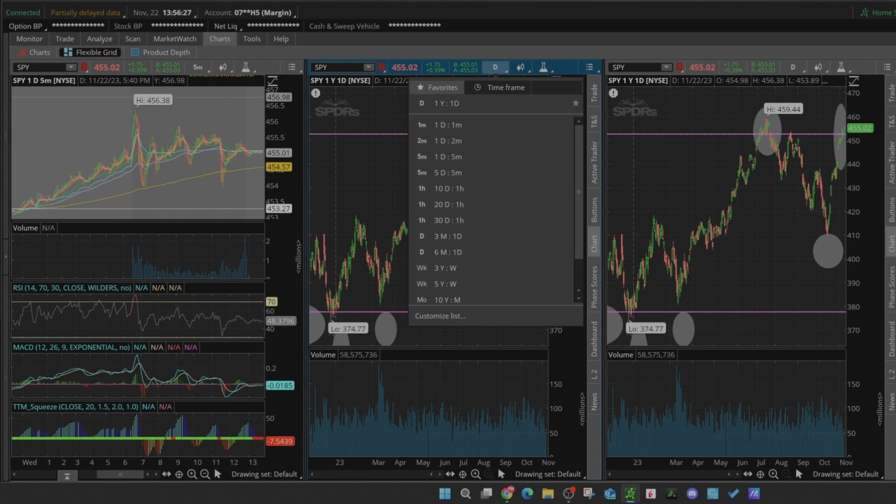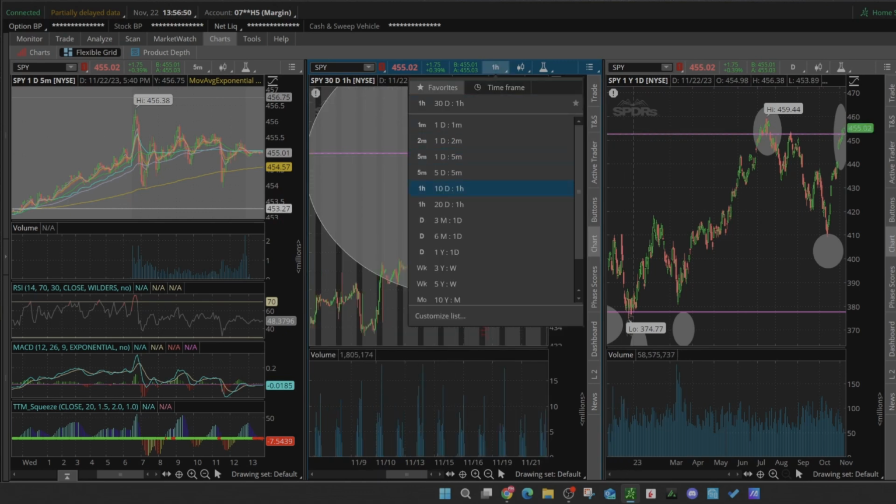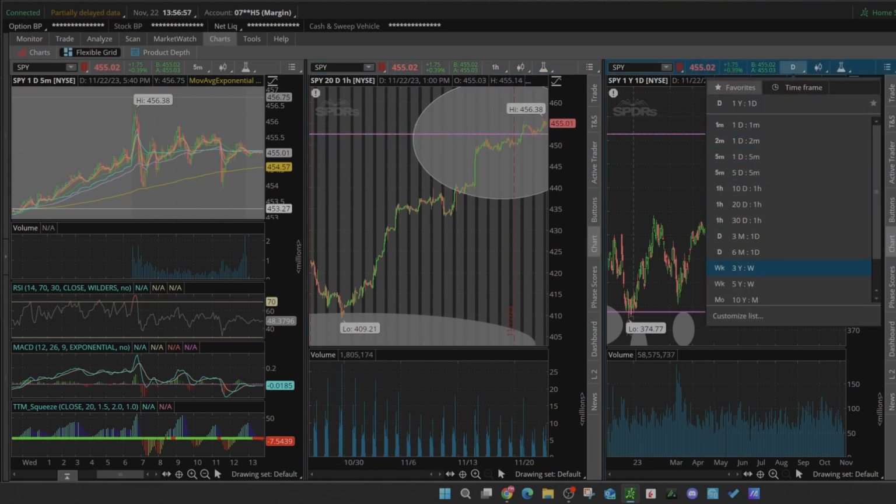My second one, I want to have 20 days, or 30 days, depending on what you are looking for. But because we have pretty much 20 trading days in the month, you can choose this or you can use 30, it doesn't really matter much. But that's what I use, 21 hour, for my second chart, and for my third chart I use a yearly or annual, or 1 year